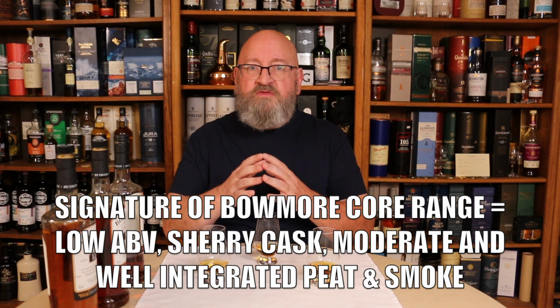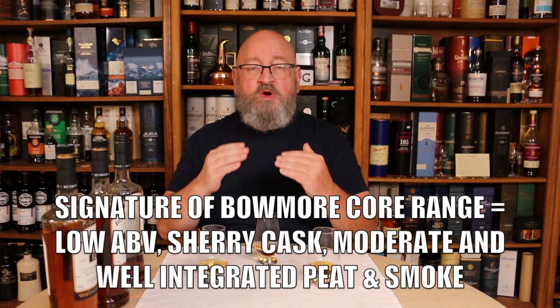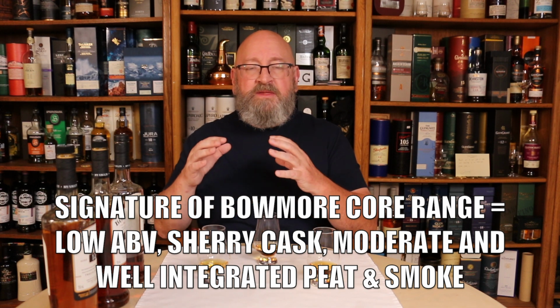The smoke and the peat is moderate, particularly in comparison to Lagavulin, Laphroaig, Ardbeg, or say Octomore or Port Charlotte from Bruichladdich, or even Kilchoman or Caol Ila. So this is the signature of Bowmore Distillery, that moderate and well interwoven peat character as well as the ABV levels. Now, if I was doing this blind, none of these come across with the intensity or sharpness of the